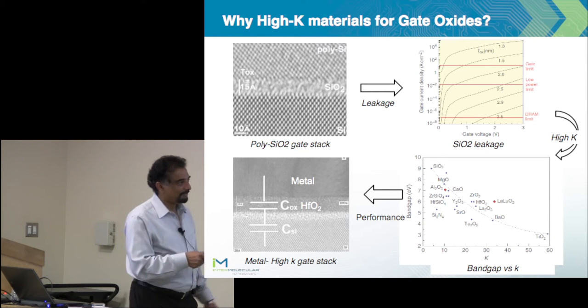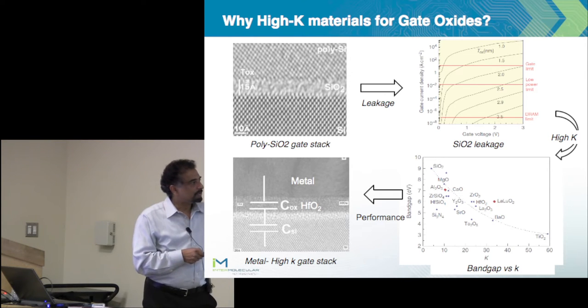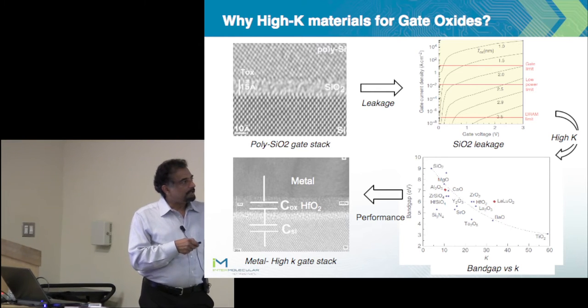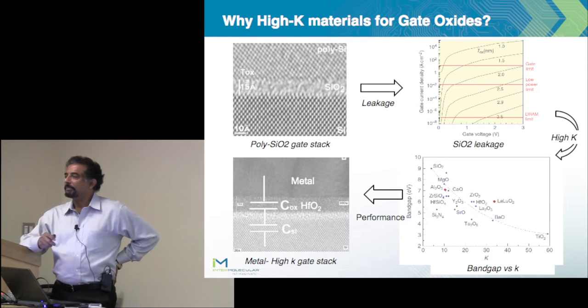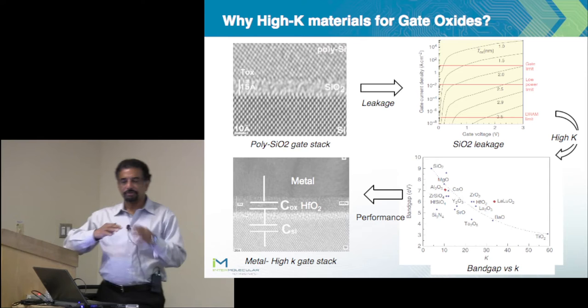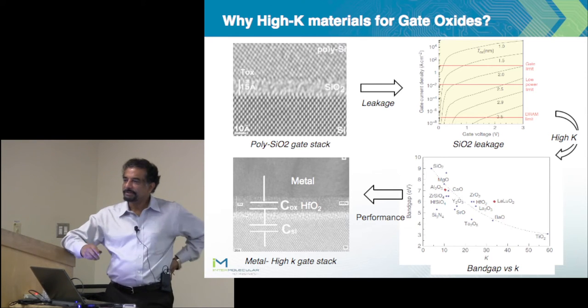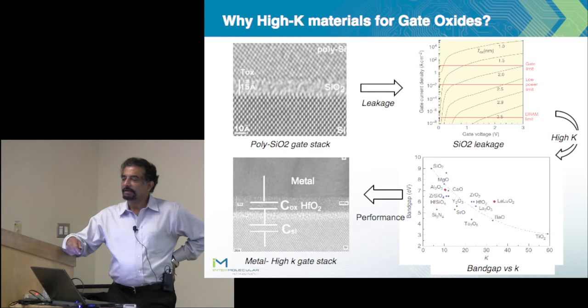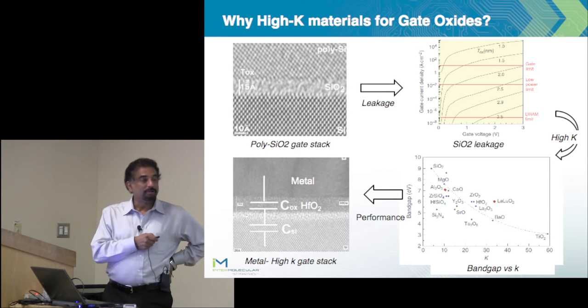Hafnium oxide has just the right band gap and the right amount of K. So this is what you wind up with: the hafnium oxide. When it was initially introduced, they tried to integrate it with polysilicon, but there were a whole lot of issues associated with charge states and other things created at that interface. Besides, the polysilicon also had depletion effects, which added extra capacitances. So people went to the metal, and that was the origin of the metal hafnium oxide,